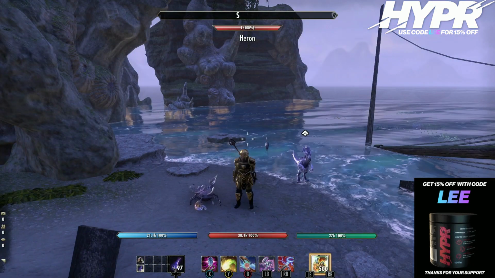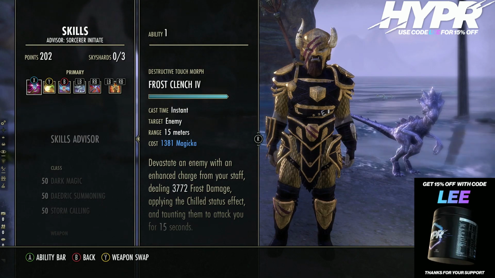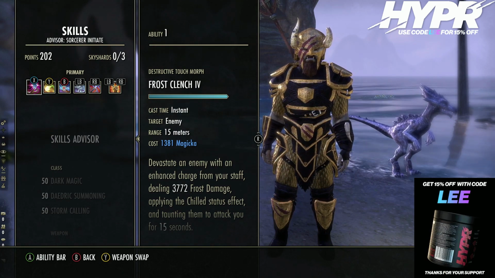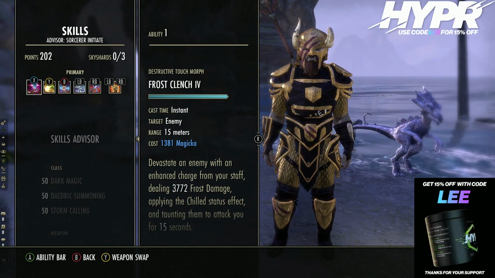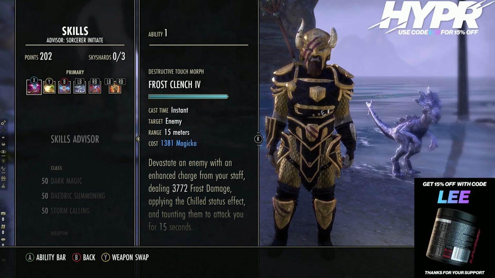Okay, next we're going on to the skills. And first skill, we have got Frost Clench. This is our taunt skill. Now, if you don't have enough range, this only has a 15 meter range, which is not far. You can use Inner Fire instead. But this one is the better morph because it offers a lot more to yourself and your